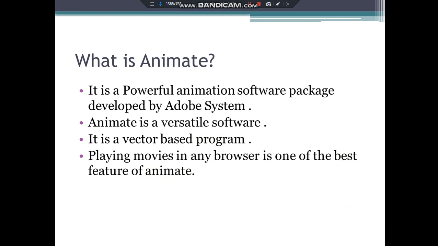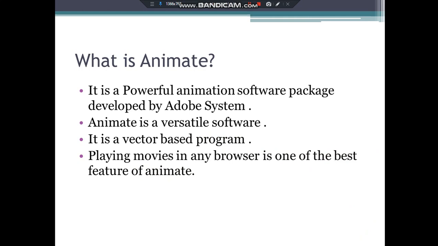So, what is the meaning of vector-based? It means that the graphics created in this software can be scaled to any size without compromising the quality. You all must have experienced it. For example, you take a photograph and you enlarge the size.